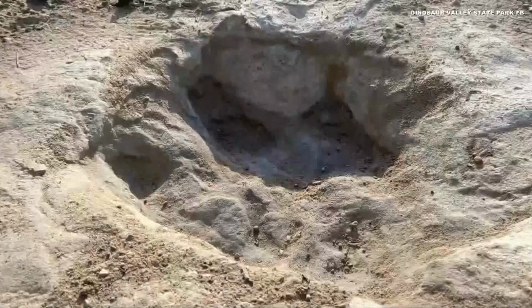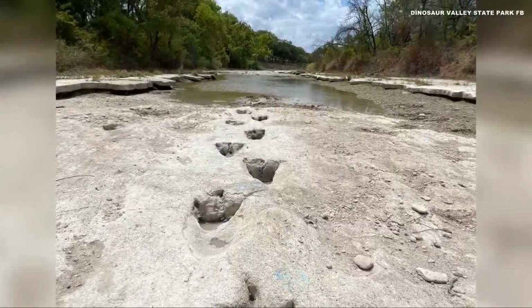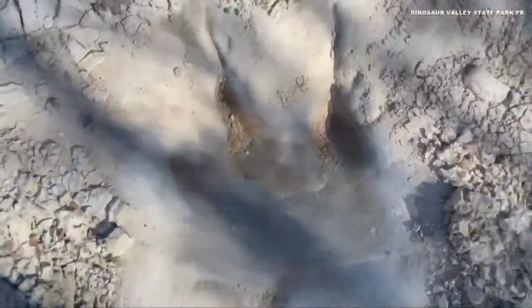We were able to expose over 60 tracks in one single trackway that this dinosaur left behind. Imagine a footprint the size of your dinner plate. That's the size of the tracks that have been restored around the Dinosaur Valley State Park in Glen Rose, Texas. 110 to 113 million years ago, this was a shallow inland sea. And so they were just walking through very thick, sticky mud, and it did a really good job of preserving